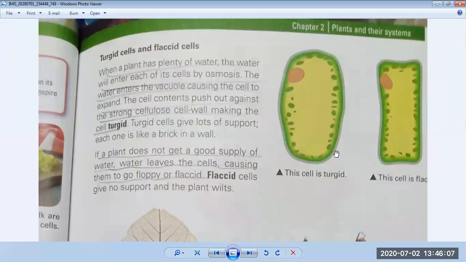Now in your book, because we are discussing the transporting system in a plant, I'm repeating the summary of transporting food. We have discussed that the transporting system consists of two main parts of the plant, which are roots and stem. Then we discussed the internal structure of the leaf and the internal structure of the stem. After that we studied how food converted into glucose is transported in the body of a plant. Because of that, we studied the vascular bundle, xylem cells, and phloem cells.